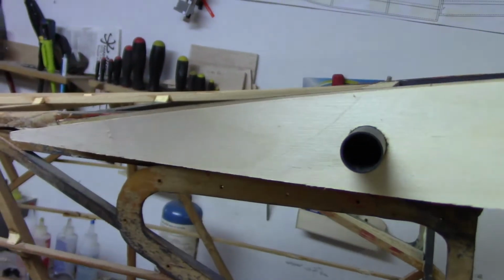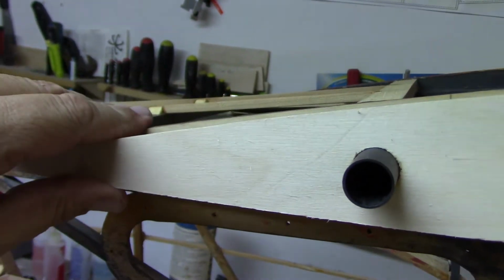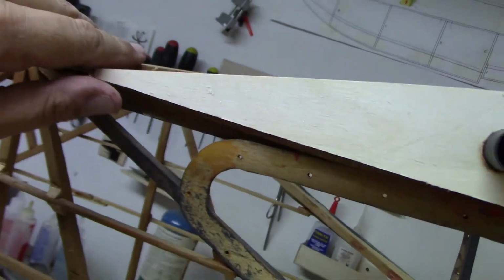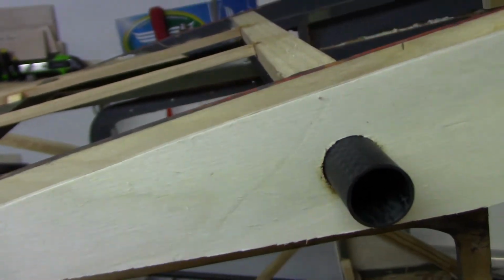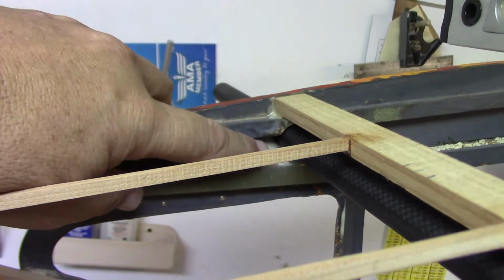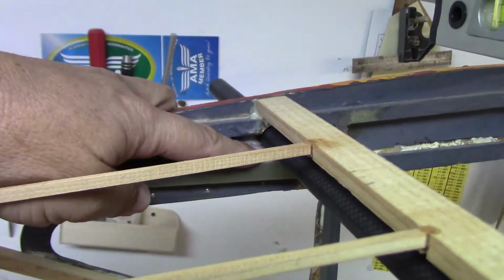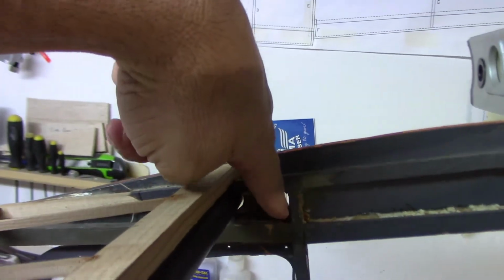All right. The other issue was this part here. Apparently the way this thing was glued together, it was really shoddy. So what I want to do is get the part of the root rib parallel, and it drops down still a little bit too much in the back, so I need to raise this up a little bit. I don't want to cut this wood. What I want to do is come into here and modify this. So anything that I remove from the top, there's a whole bunch of something stuck there, and I'll put up a little bit of a shim from the bottom, because I am going to fill this spot with a piece of